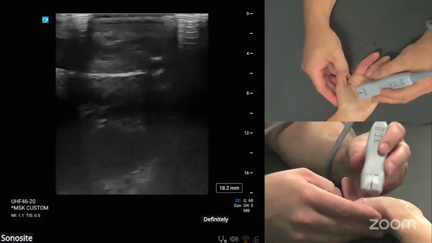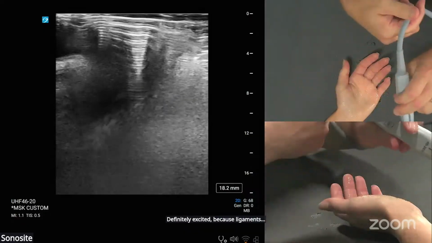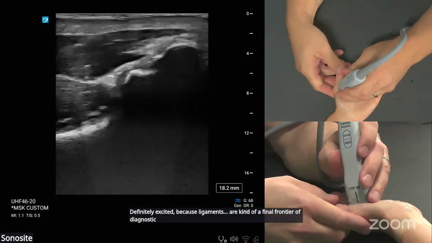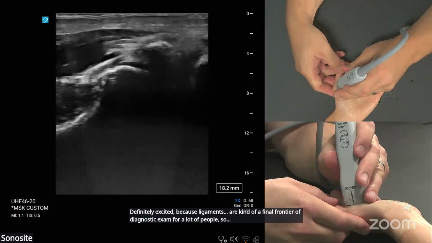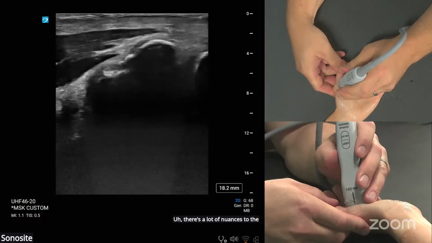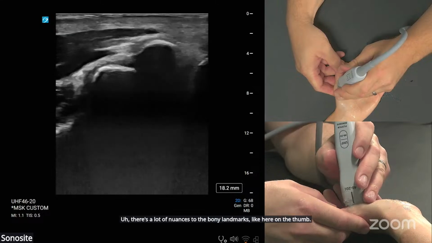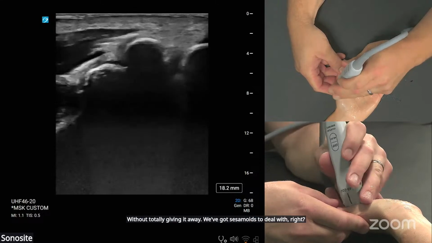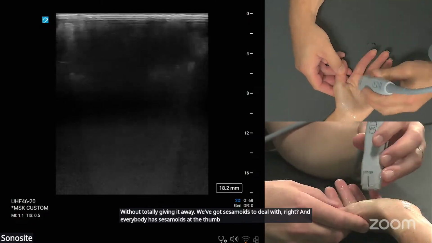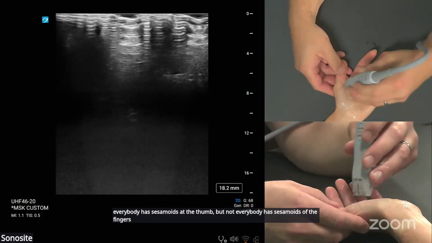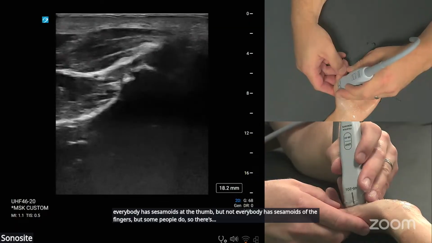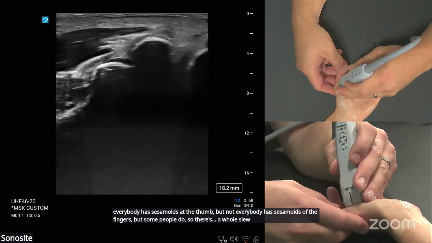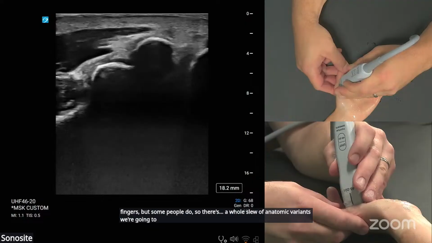Definitely excited because ligaments are kind of a final frontier of diagnostic exam for a lot of people. So there's a lot of nuances to the bony landmarks, like here on the thumb, without totally giving it away. We've got sesamoids to deal with, right? Everybody has sesamoids of the thumb, but not everybody has sesamoids of the fingers, but some people do. So there's a whole slew of anatomic variants we're going to cover in the advanced, things to watch out for,